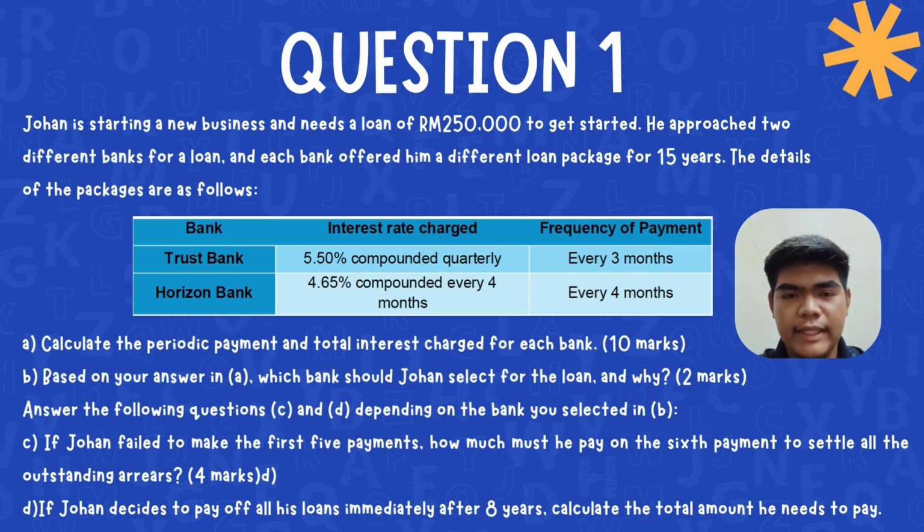Answer the following questions C and D depending on the bank you select in B. C. If Johan failed to make the first payment, how much must he pay on the 6th payment to settle all the outstanding arrears? D. If Johan decides to pay off all his loans immediately after 8 years, calculate the total amount he needs to pay. Trust Bank